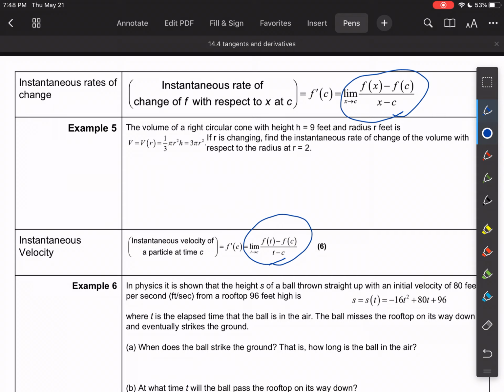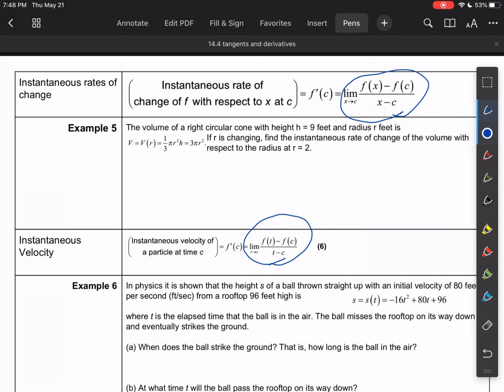So here we go. Example 5 deals with instantaneous rate of change of f with respect to x at c. It's just saying that we're going to make a benchmark someplace and look at the instantaneous rate of change from someplace on the function to that benchmark. If you read through example 5, it says the volume of a right circular cone with height h equals 9 feet and radius r feet is